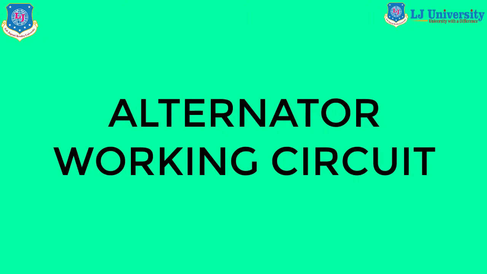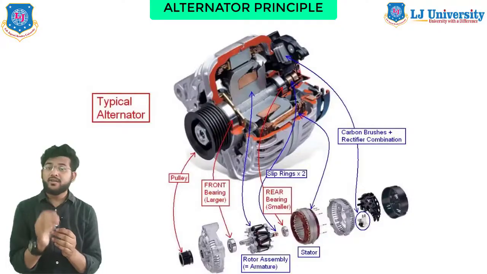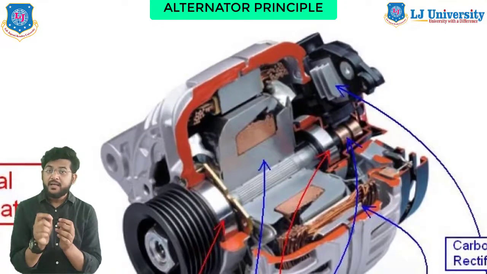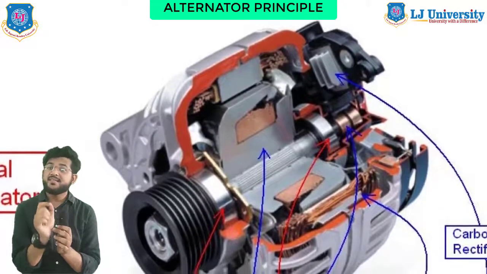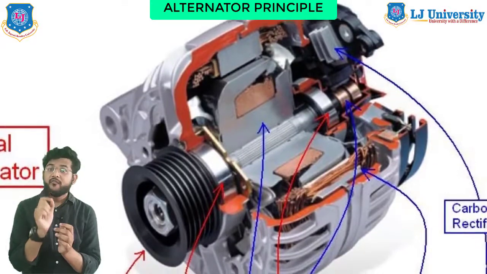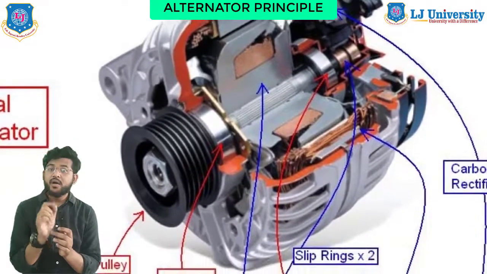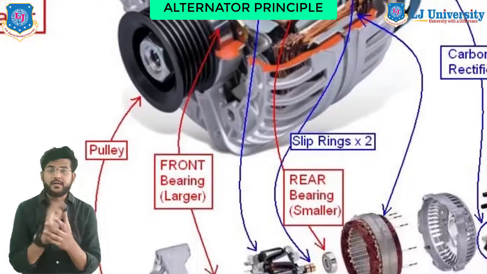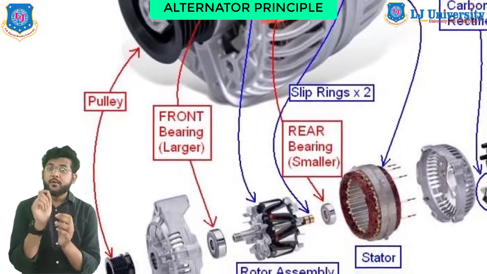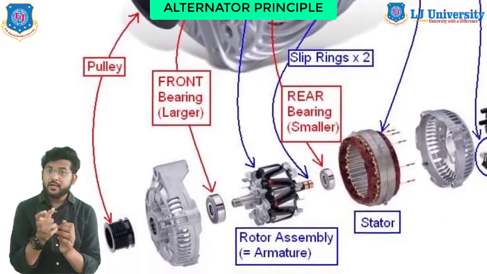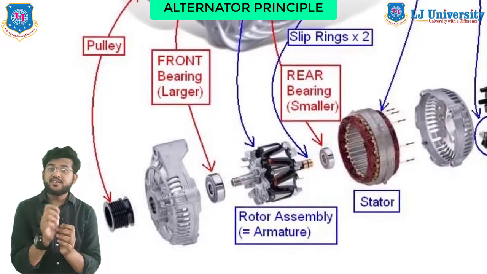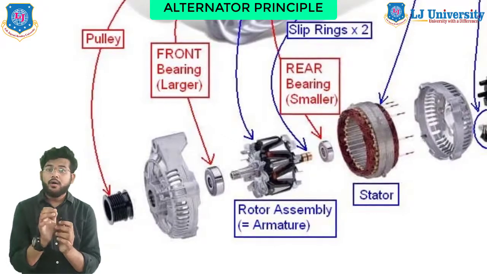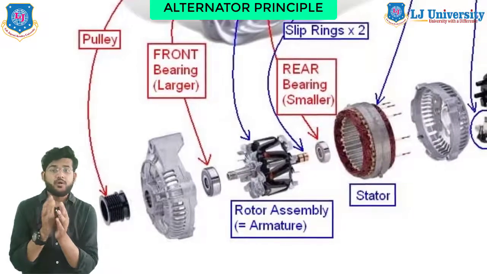So let's see first the principle of the operation of the alternator. Alternators generate electricity by the same principle as DC generators, namely when the magnetic field around a conductor changes, a current is induced in the conductor. Typically a rotating magnet called the rotor turns within a stationary set of conductors wound in coils on an iron core, which is called a stator.